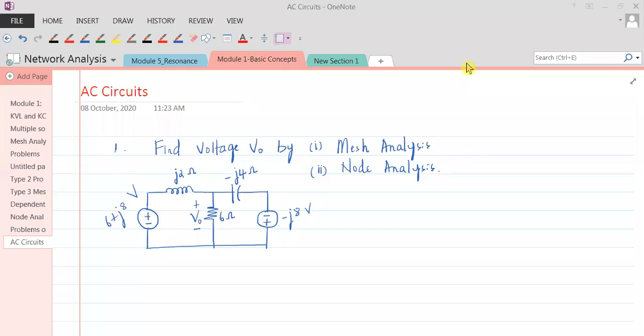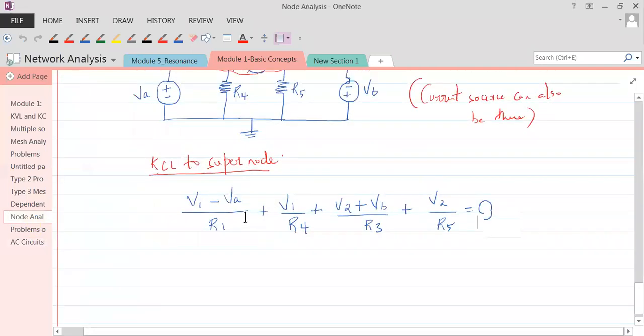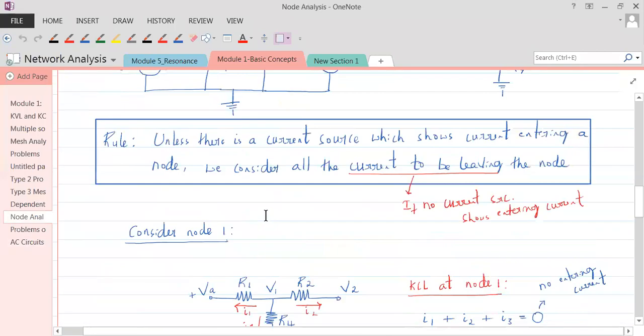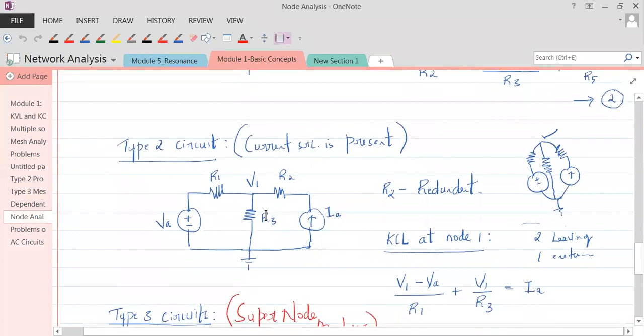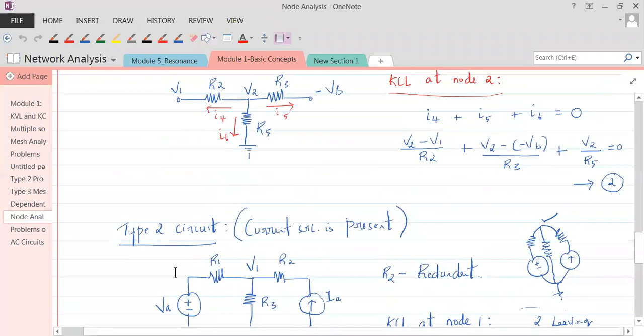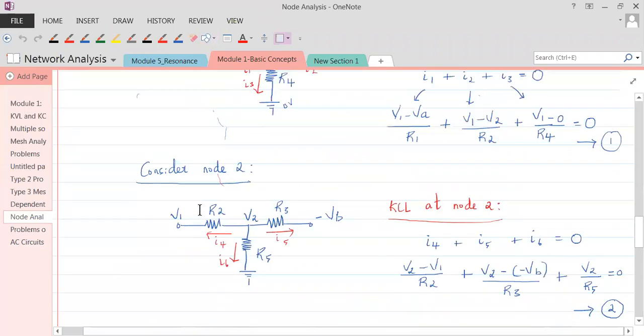Today, let's start with the AC circuits. Till the last class, we were looking at circuits which involve only resistors. If you see any circuit that we were dealing with, all of them only have resistors. Nowhere are L and C to be seen. So these circuits are called DC circuits, which are quite easier when it comes to calculation.